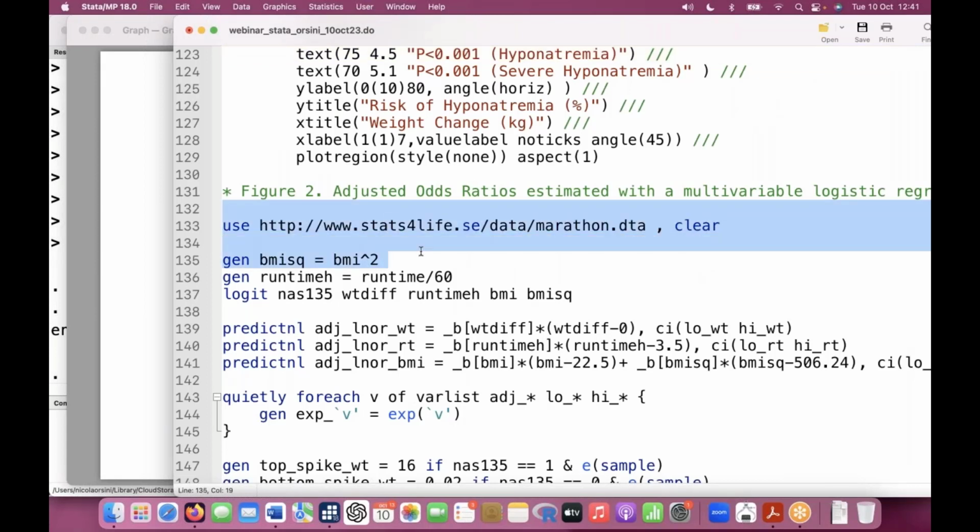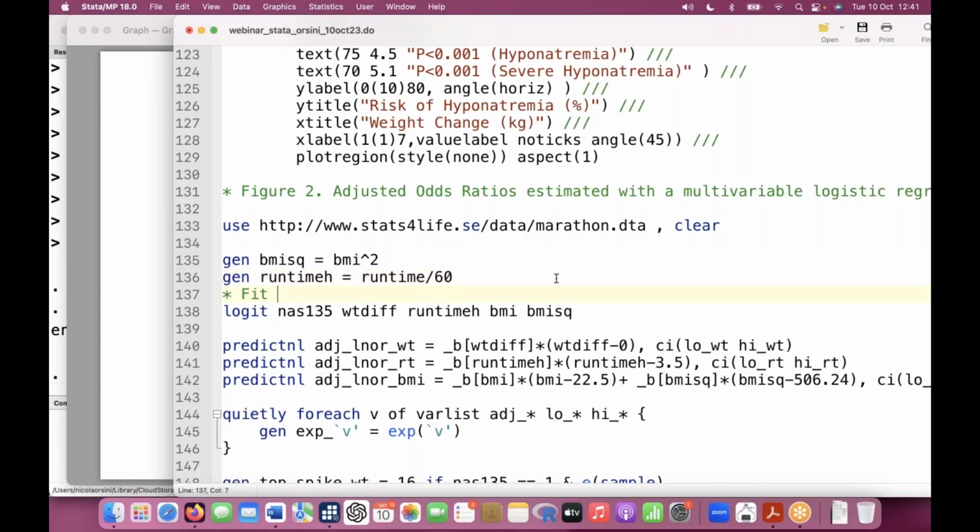So open the data set. Okay, I'm going to use a quadratic function for BMI, so you have to generate BMI to the power of 2. Running time is in minutes, so I express this in hours, divided by 60. And I fit a single multivariable